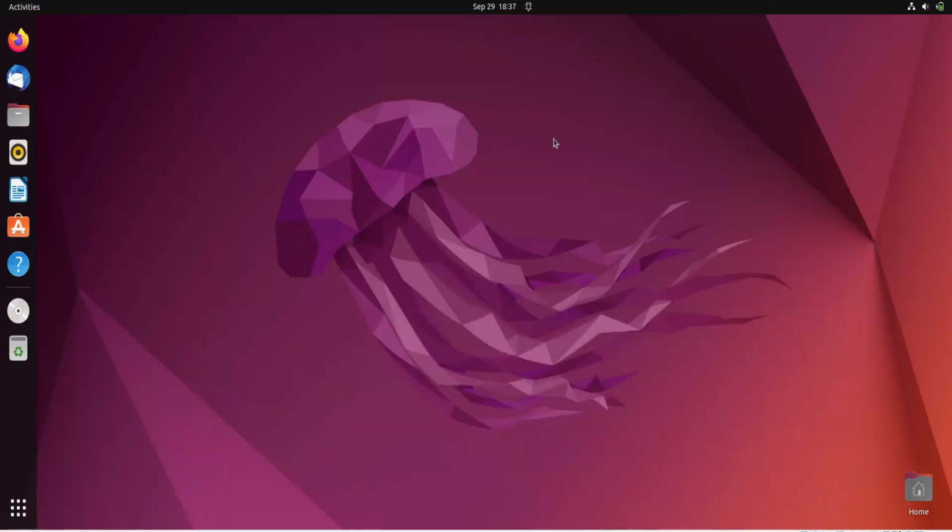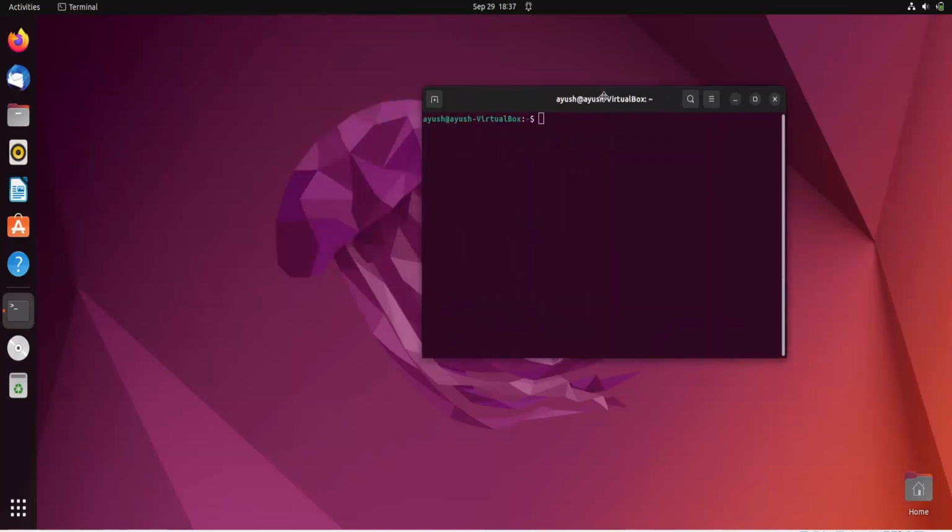Now in this video we are going to learn about the most interesting command, that is the uname command. Basically, you use this command to get information about your machine. We will use it to get information about this Ubuntu machine. We will start with this, and we will use some of the flags, or you can say options,